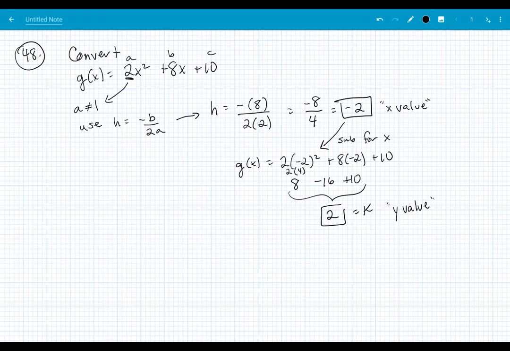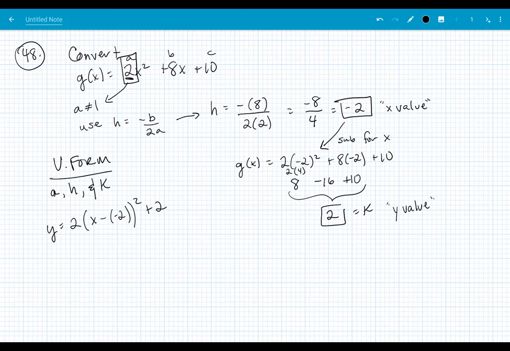So I have everything I need because I already know the a value, going all the way back to the original problem. Because for vertex form, I need the a, h, and k values. So writing these in the formula now, I now know y is equal to my a value, which was 2, times x minus negative 2